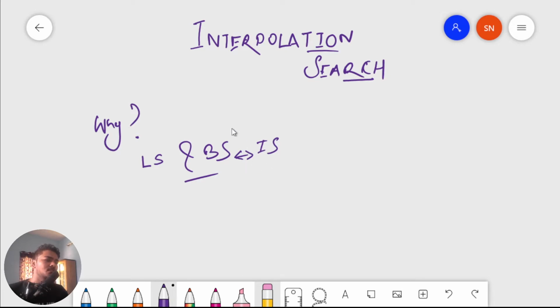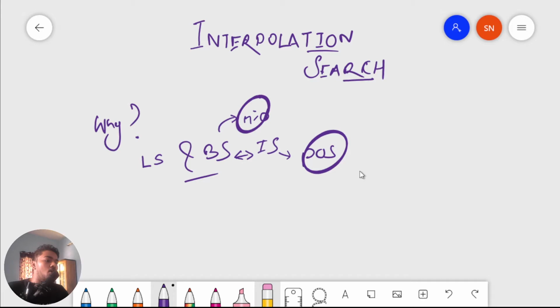search. In binary search we always take out the middle element, right? We always take out the middle element and check and do things with it, but it turns out that can also be done more efficiently, and that's where interpolation search comes in. Instead of taking out this mid, it takes out a position which can lie anywhere in the array, depending upon how small or how big the element we are searching for is.